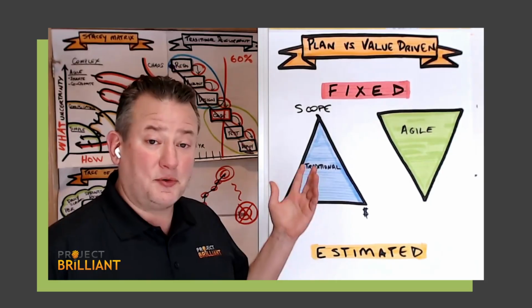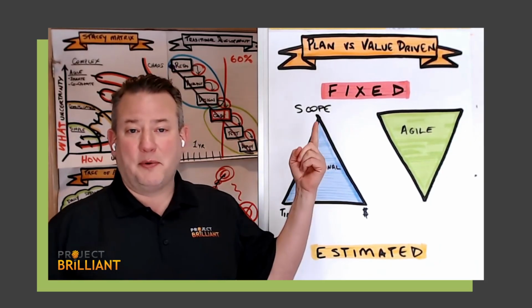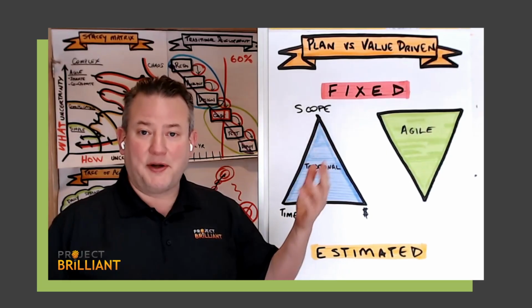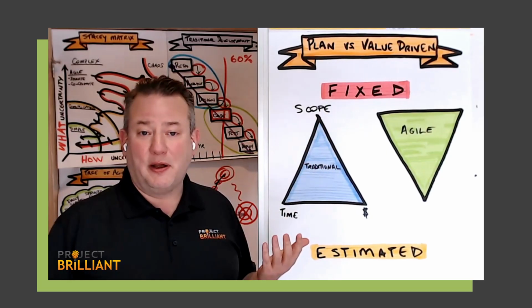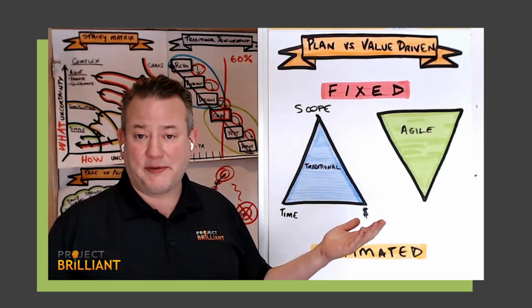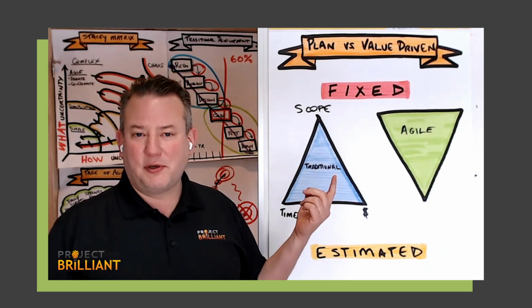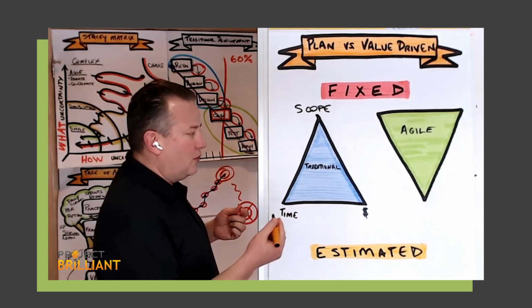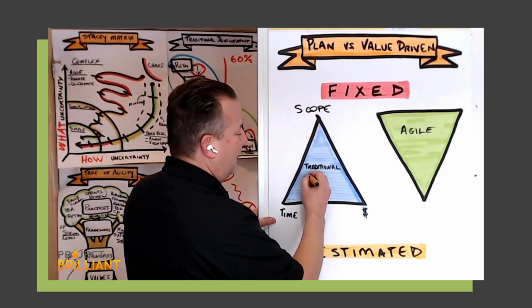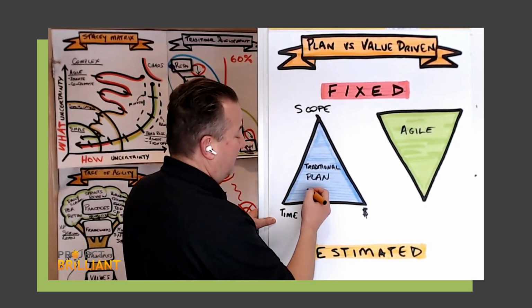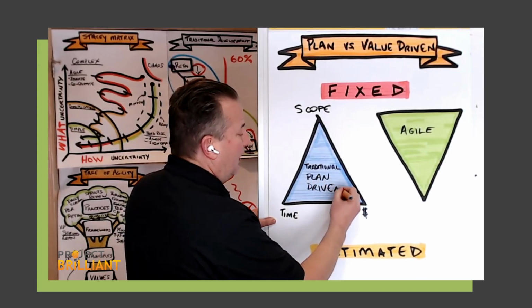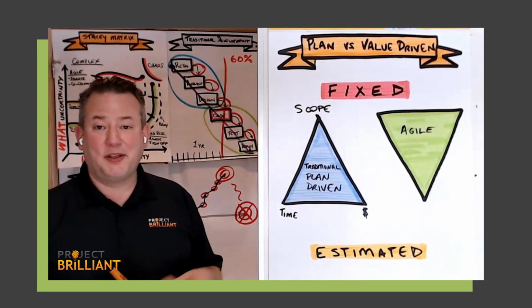So as we think about the traditional approach here, the fixed variable we lock in is usually scope. So upfront, we determine what it is we're going to try to deliver, and then we derive an estimate of how long that will take, and then how much it will cost from there. And so this approach in the traditional environment, we usually call a plan-driven approach. It's called plan-driven, of course, because we're figuring out what it is we're going to try to deliver first, and then we derive the cost and time from that. So, plan-driven approach.